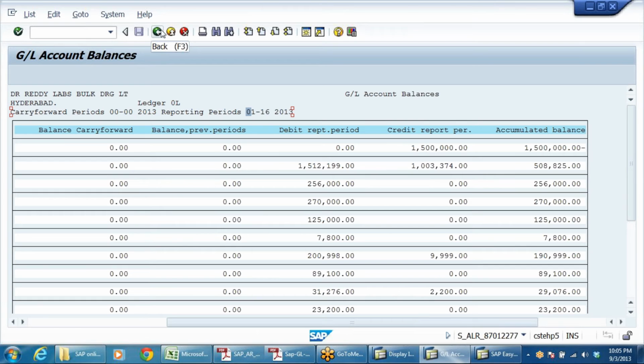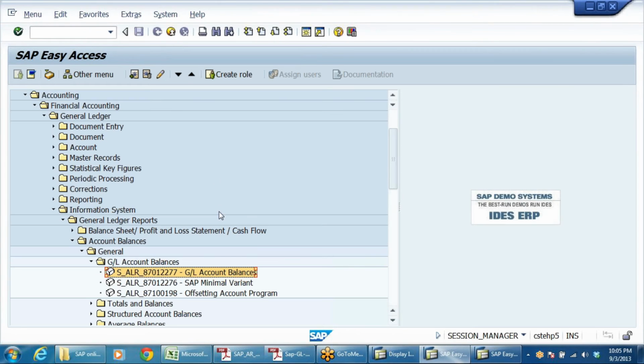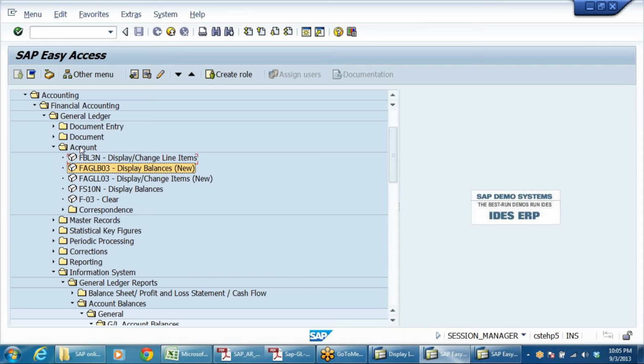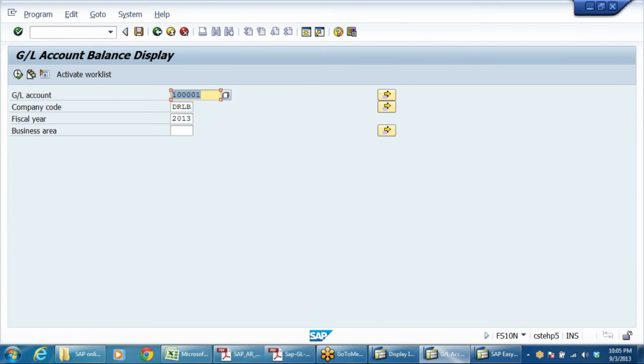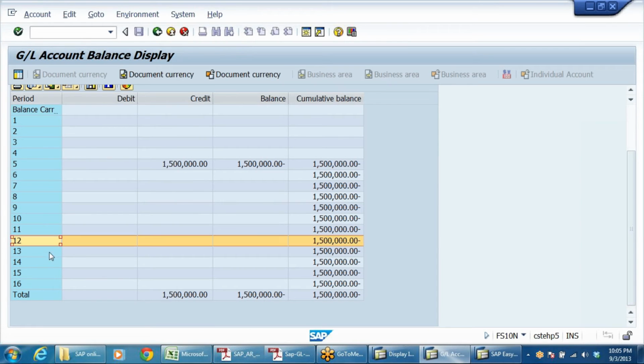Posting date, document date, both the dates are there. See here, we cannot give a criteria for document date, here we can give. If you want, you can take only up to here. Even in a GL account you can see all 16 periods. You remember? In FS10N, what I'm saying is, if I take 1 to 12 as a posting period, then if I have posted after 1 month or 2 months, that will not be shown. What if I take the document date as those 12 months? So the entire entries will be covered, no?